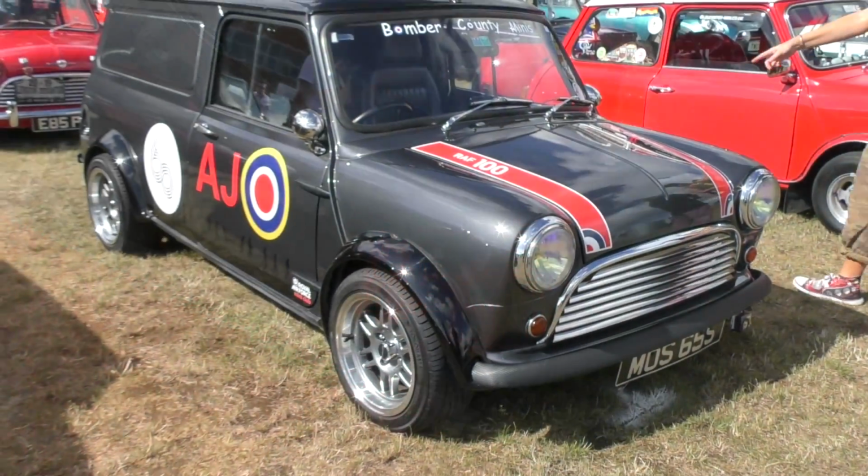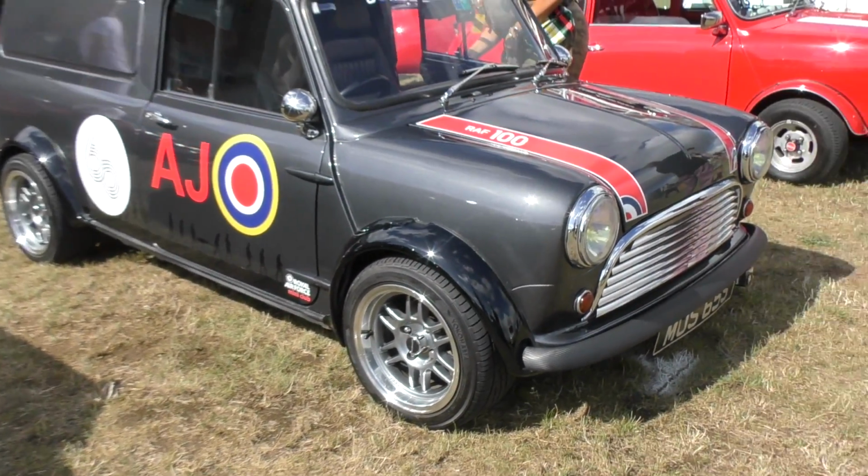Thanks. Now, I'm in huge amounts of love with this one, and I've got the owner next to me. Tell me a little bit about your Mini, sir, because it is mega. Cheers, my name's Chris Moss. I've had this Mini for 5 years now. Originally it was blue,